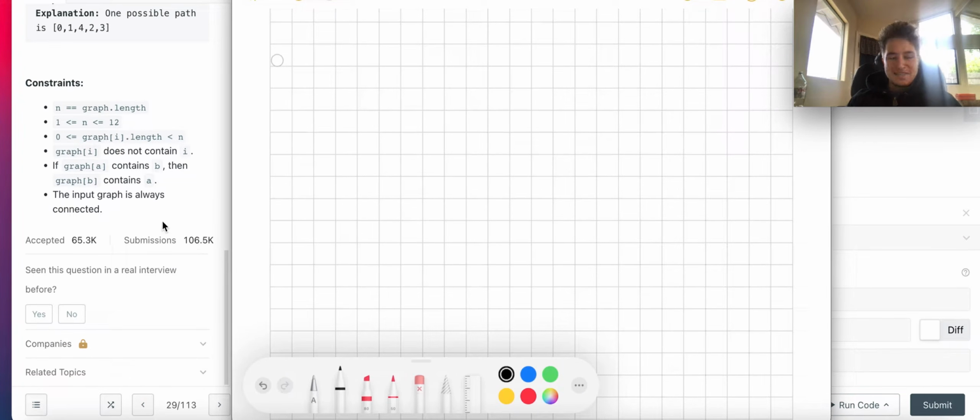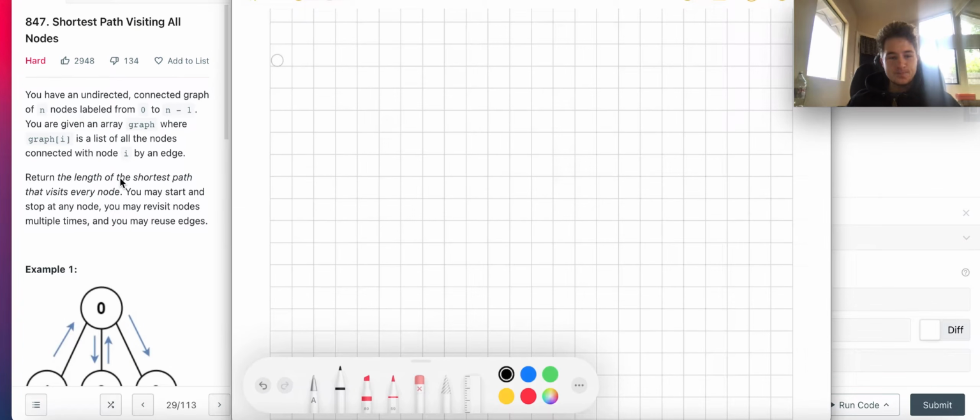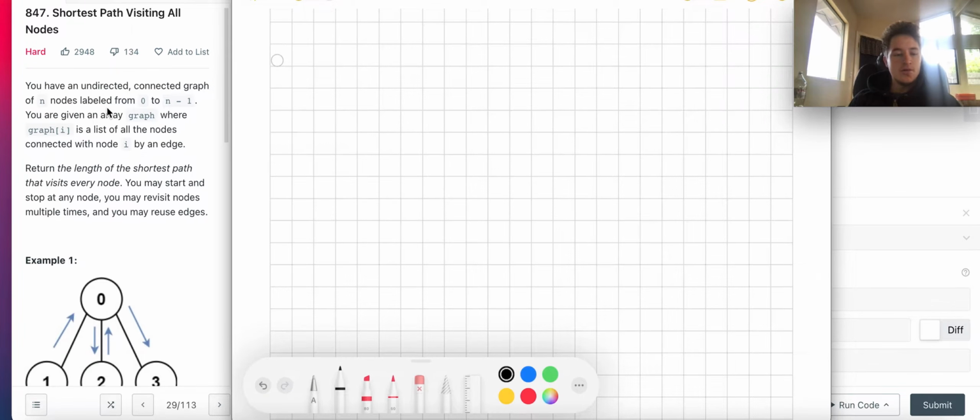There's been 106K submissions, so probably there's a lot of other people that have posted solutions to this problem, but I just figured I'd do it today because I got to get through all the graph problems. So this is one of the last remaining problems that I need to do in order to finish all the